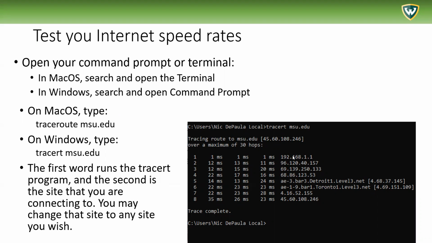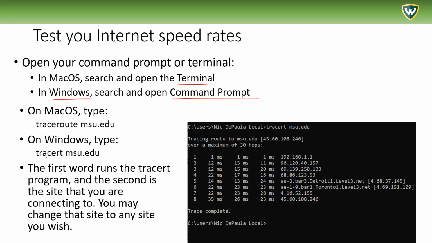If you have a Macintosh, you're going to use the terminal program, and you can just search for terminal. If you have Windows, you're going to use command prompt, and you just search for command prompt in the regular search bar of your Windows computer. Once you open the command prompt, it's going to look like this. This is what the command prompt looks like, usually called the command line interface. You might be directed to your regular standard folder, and that's fine. I think you can do this from any folder essentially.